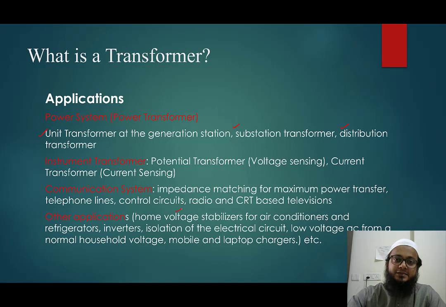So in that stabilizers, we have transformers there. Let's say voltage stabilizers for the air conditioners generally, which is there. If there are a lot of fluctuations in the voltage, we prefer to have these voltage stabilizers there. Sometimes the voltage goes down, let's say 150 volt, the requirement is 220 volt. So there we need some kind of voltage boosting, right? That feature is available in the stabilizer. So we use these voltage stabilizers for air conditioners and refrigerators.